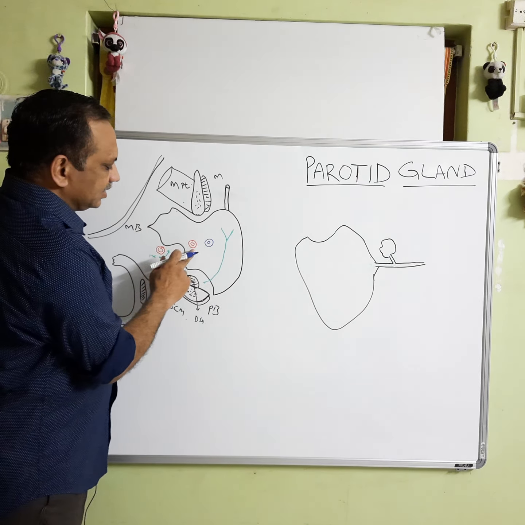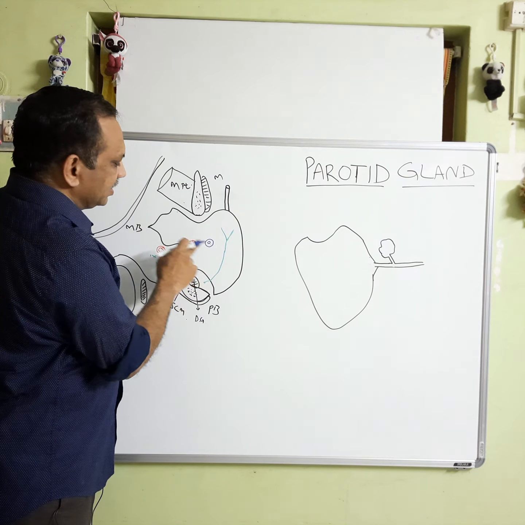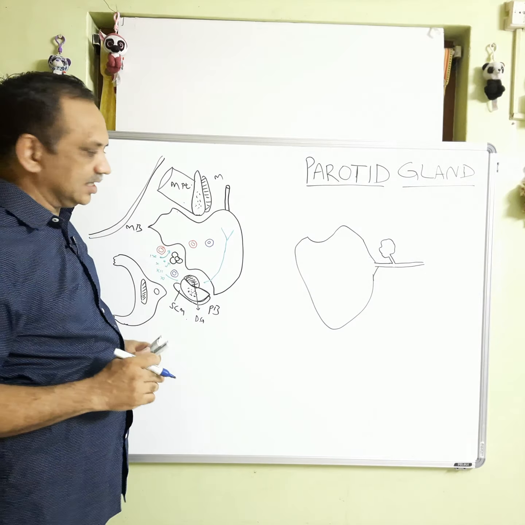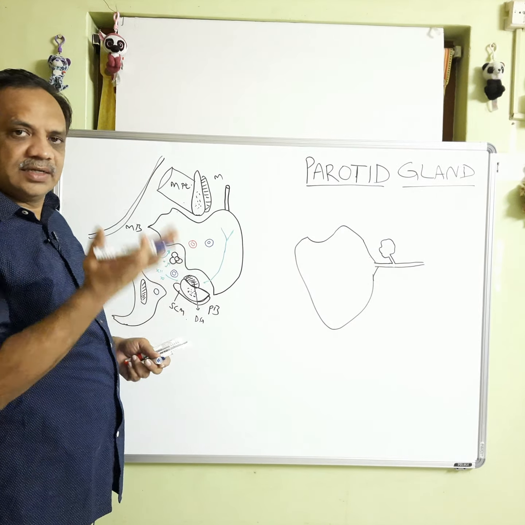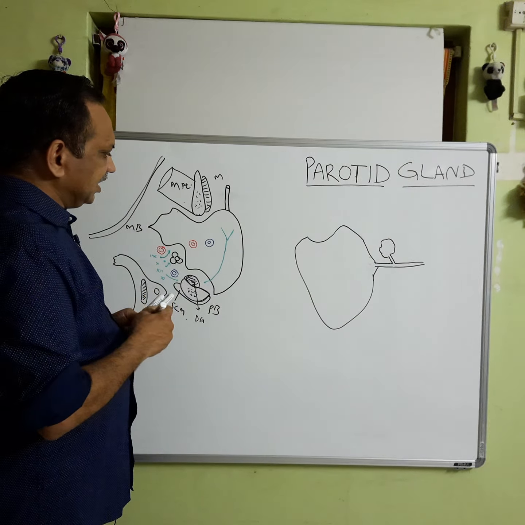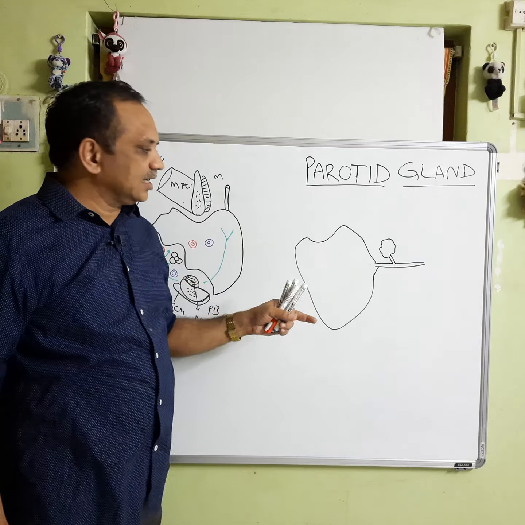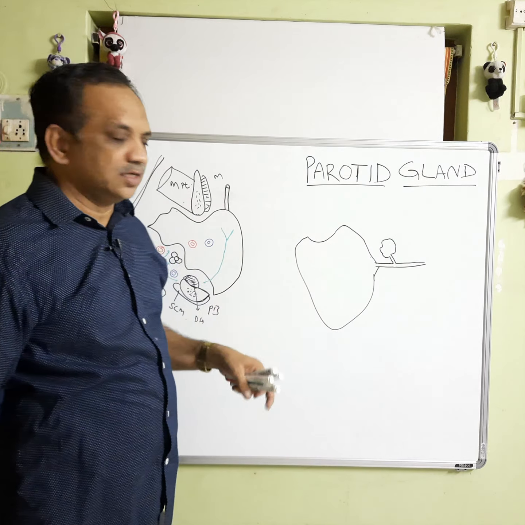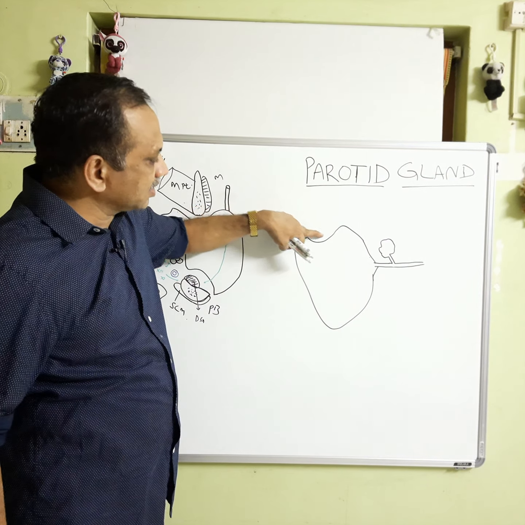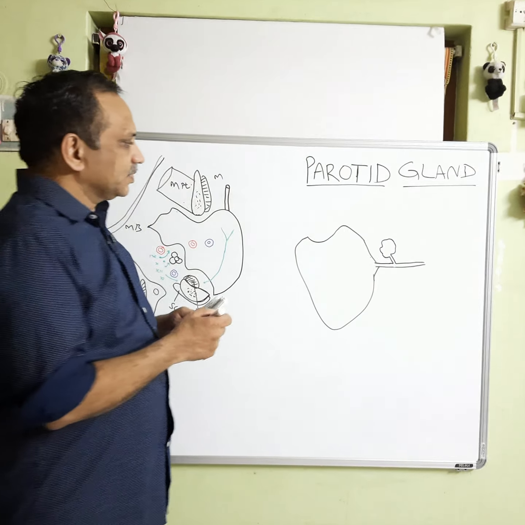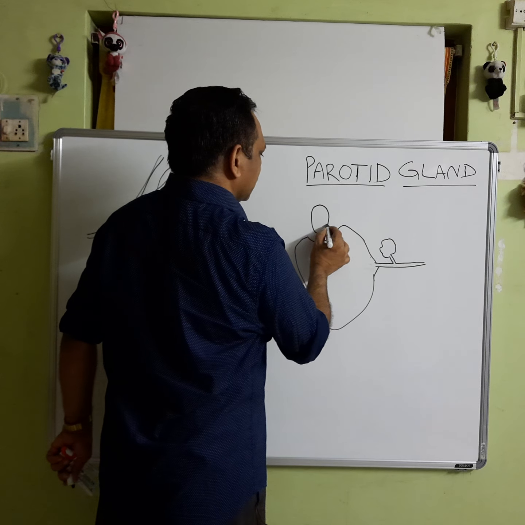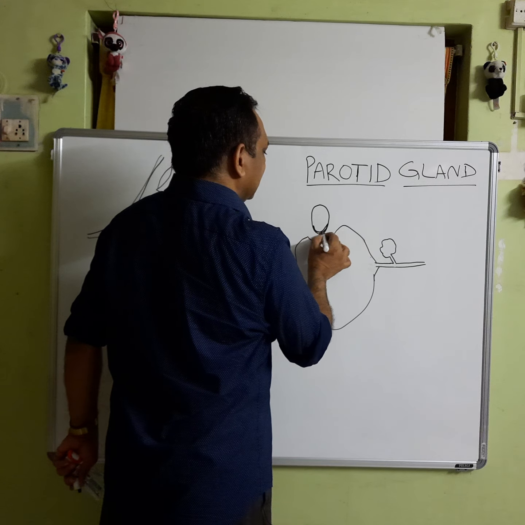Thus, you can see here a neurovascular plane is formed. Thus, this gland can be divided as an H-shaped structure, which is helpful in surgical removal of this gland. Now, we will see what are the structures related to or emerging out from its borders. If you see the base, it is somewhat wider, but it is concave to accommodate the external acoustic meatus which is present here. This is the external acoustic meatus.